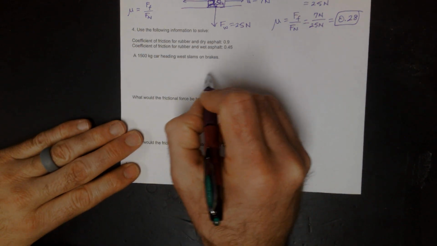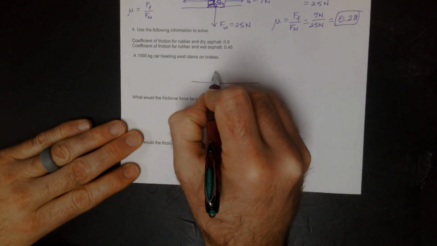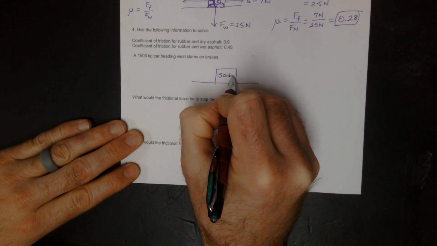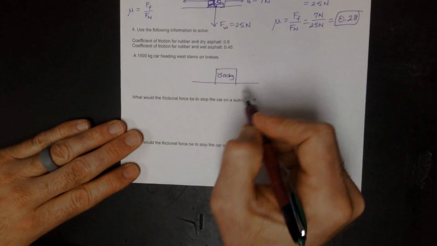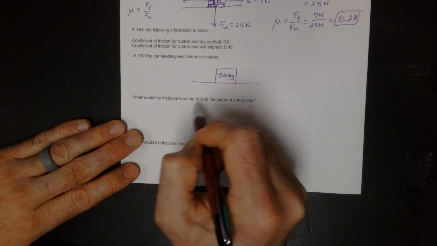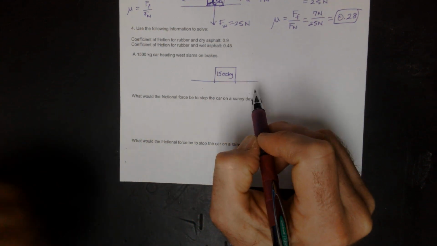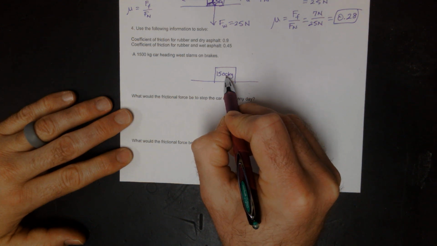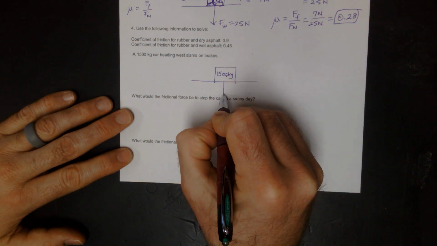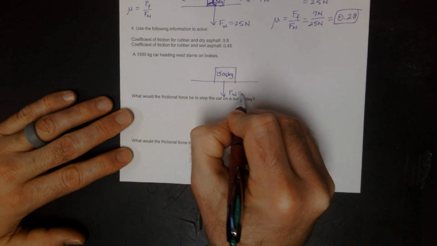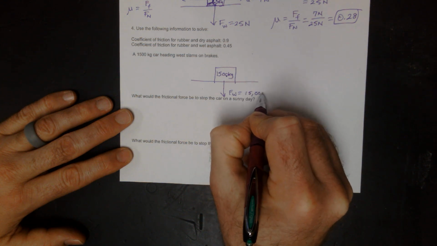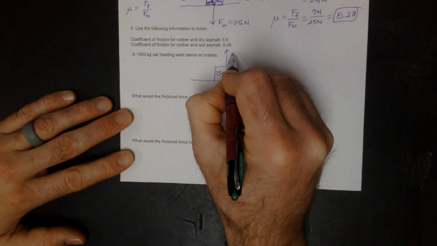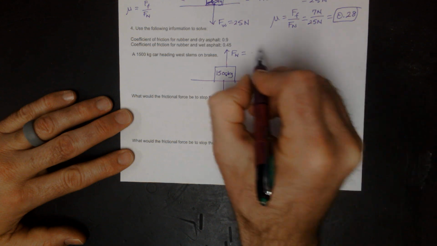So let's just go ahead and we'll make it big here. 1,500 kilograms, and it's going west, and it slams on its brakes. So I'm going to shortcut some of these since we've done examples in the previous ones. If I'm 1,500 kilograms, and I take that times 10 meters per second squared, that means I'm going to have a force of weight equal to 15,000 newtons. And I'm going to have a normal force, because this is a flat surface, equal to that,